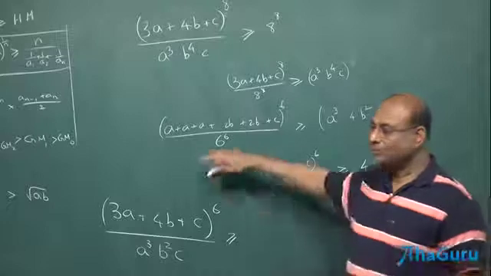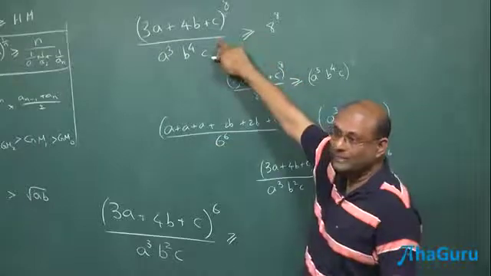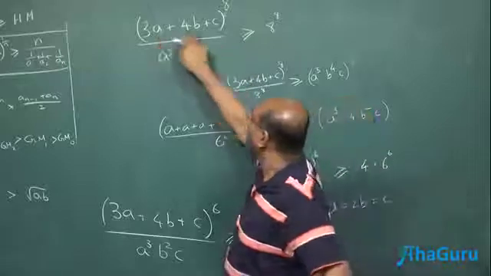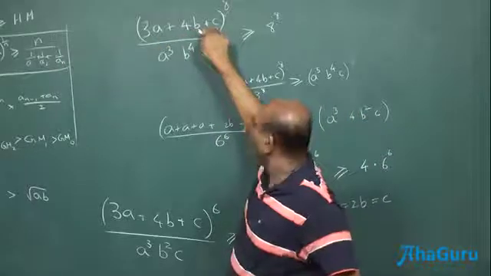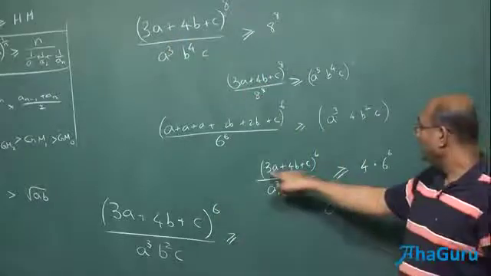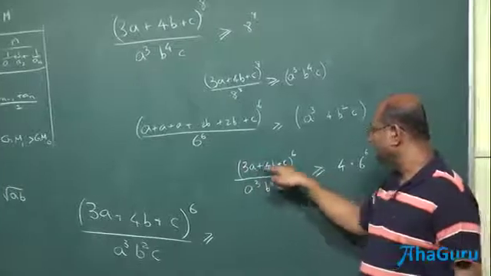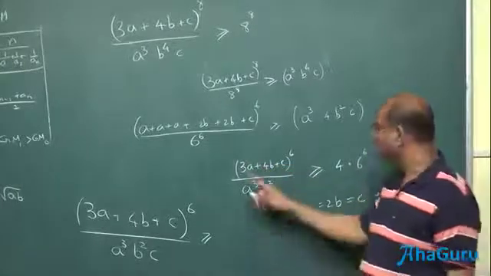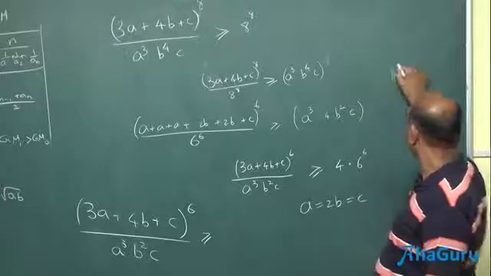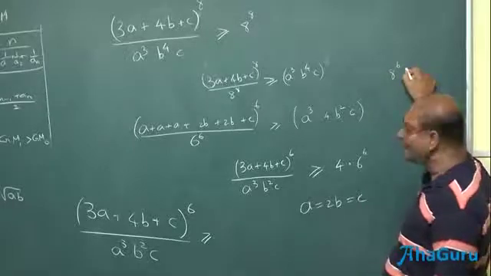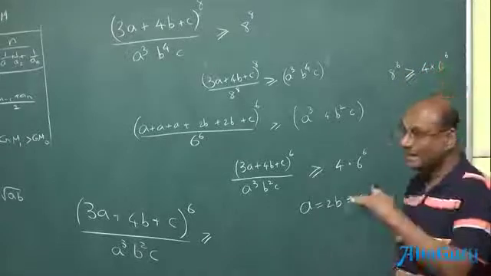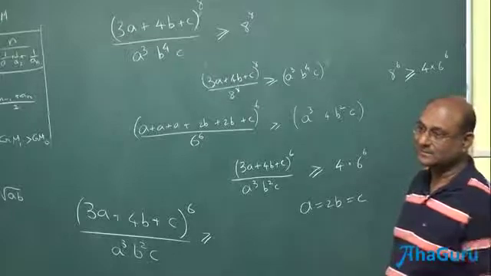If A is not equal to B, you won't meet, whereas A equals B will allow you to get the equality. Put A equals B equals C, assuming everything was 1, you will get 3 plus 4 plus... so you will get 8 power 8 by 1, 8 power 8. Whereas if I put here 3, 4, C and I call it basically 1, 1, 1, I am going to get 8 power 6. Is 8 power 6 greater than 4 into 6 power 6, or is it less than 4 into 6 power 6?